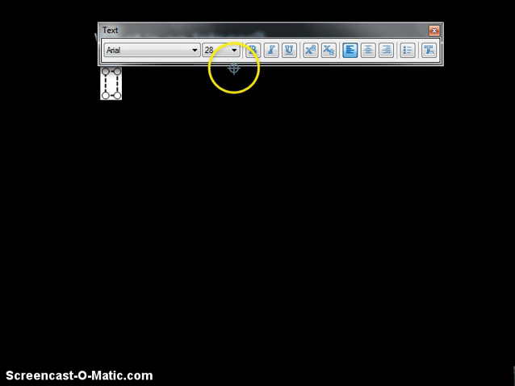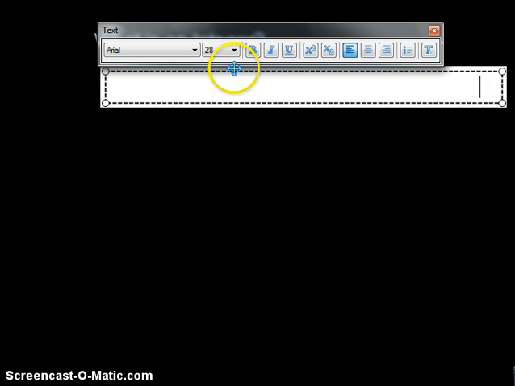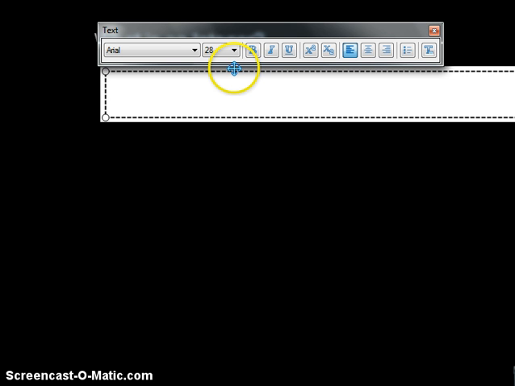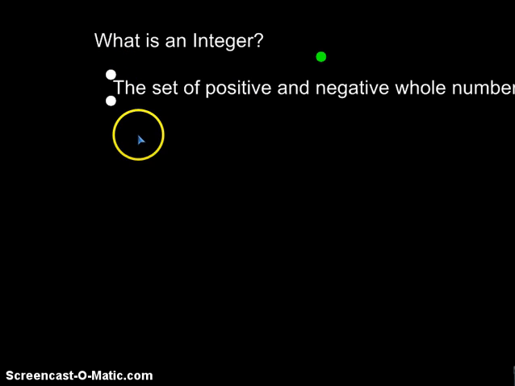Alright, today what we're going to talk about is what an integer is. Now an integer, when you take notes on this, what you want to say is it is the set of positive and negative whole numbers. Okay, what does that mean? It means it is numbers such as